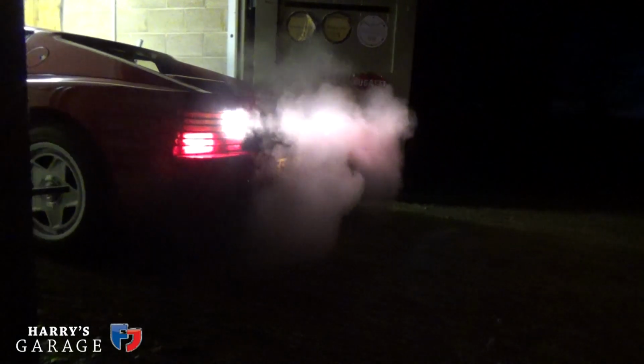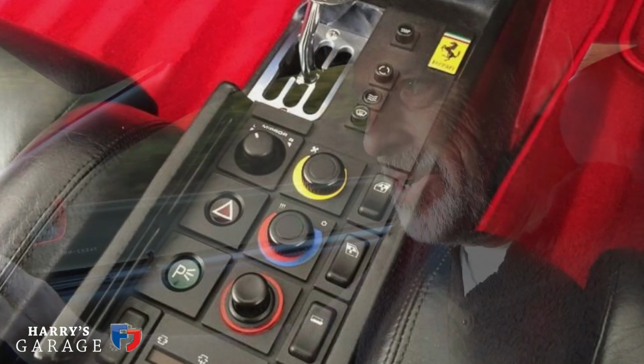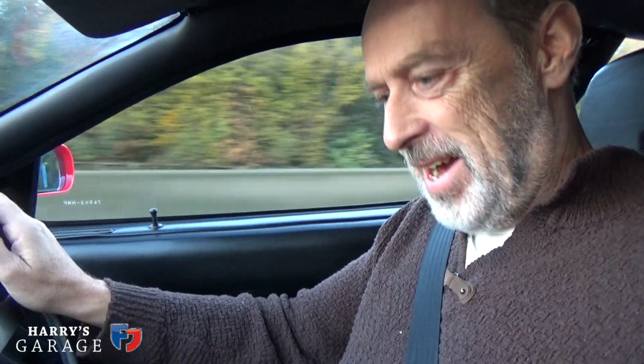Things were going very well to begin with. We left home in pitch darkness, and the heater was going, and we were going towards Oxford, and then it started to mist up, so I just pressed one of the funny buttons down here that shoves it at the windscreen, and the mist cleared, and I put it back to normal. We just noticed that the cabin was starting to get cooled down a bit, and there wasn't any heat coming through. So I've been fiddling with the heater knobs and the fan and pressing everything, and gradually it's been getting colder and colder. And now we're on the M25, and if you look down,